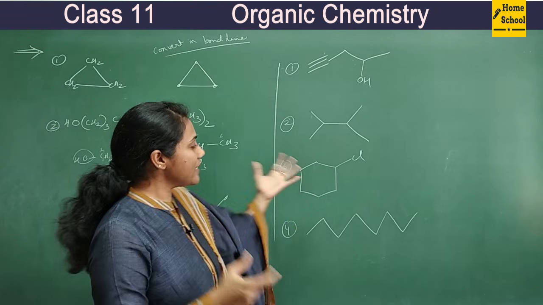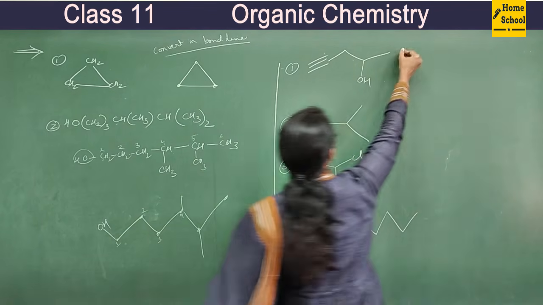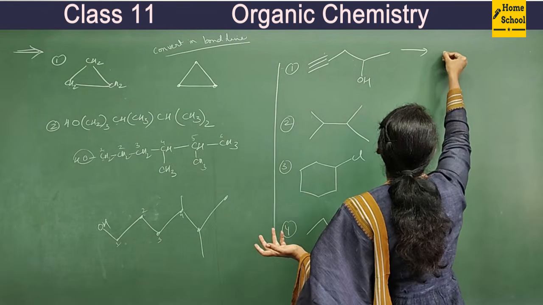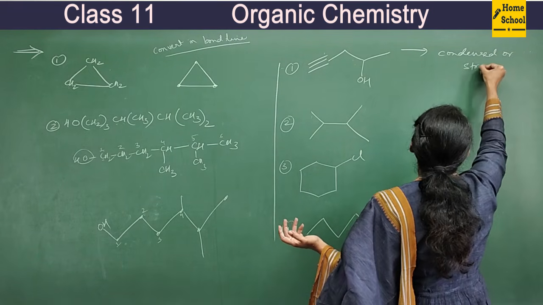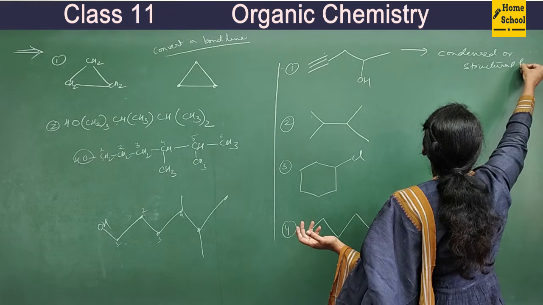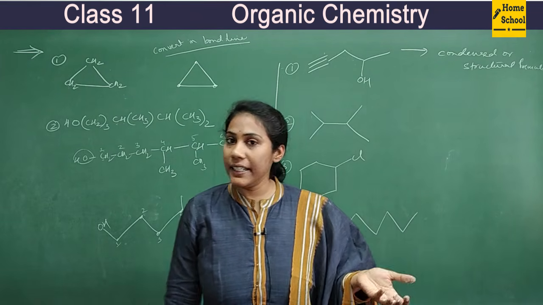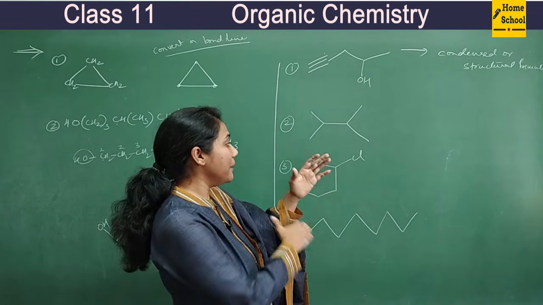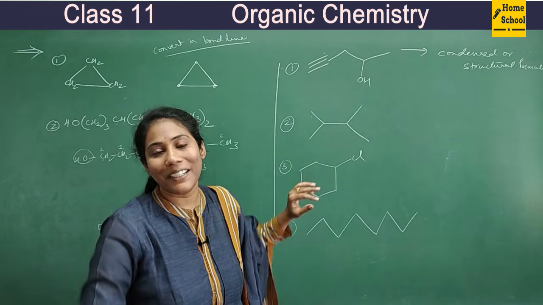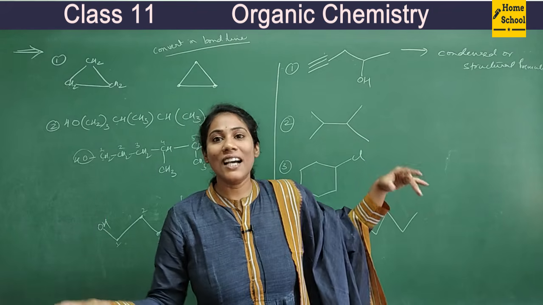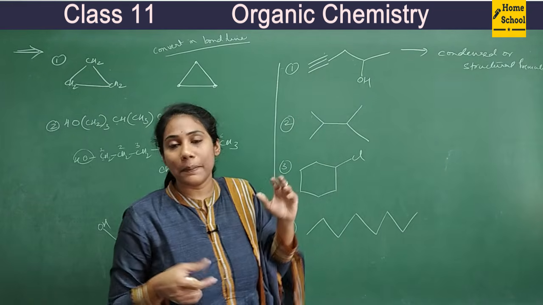Fine. And coming to the second category, guys. Bond line representations are given, but you have to convert them into condensed or structural formula. Okay, so usually for competitive examinations like JEE, NEET, questions are asked something like this. I mean, there is a complete equation, whereas the starting material they will mention in bond line representation. So to find the answer, first you must know what is the exact structure for a bond line representation.